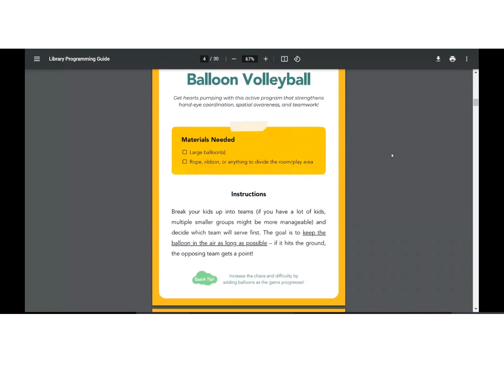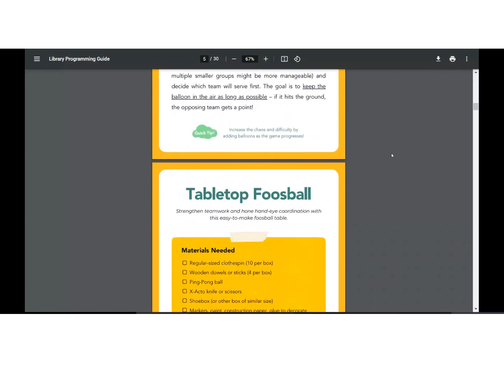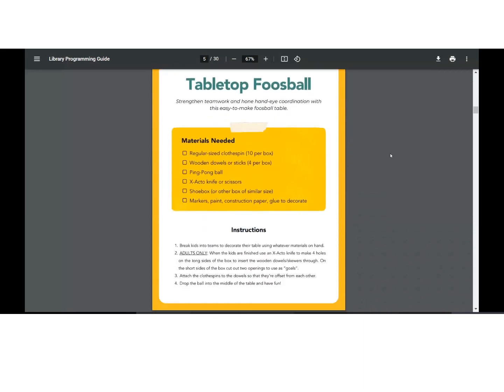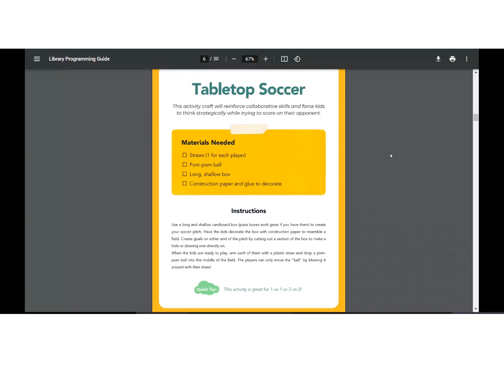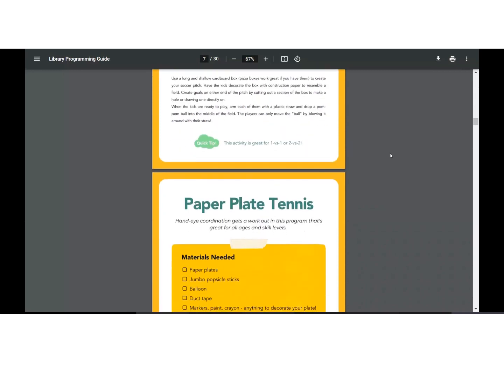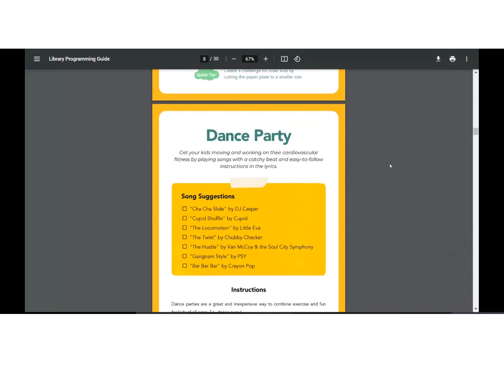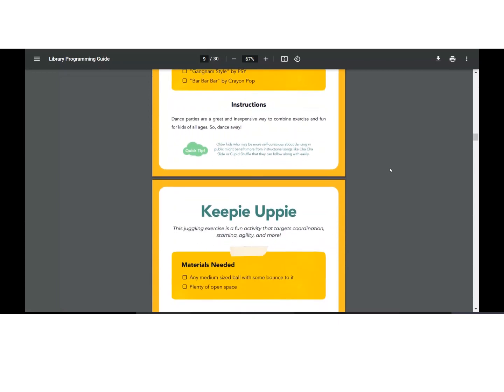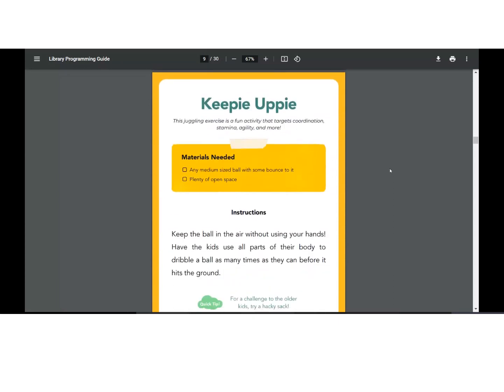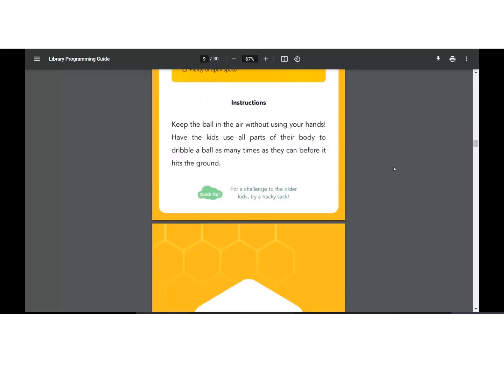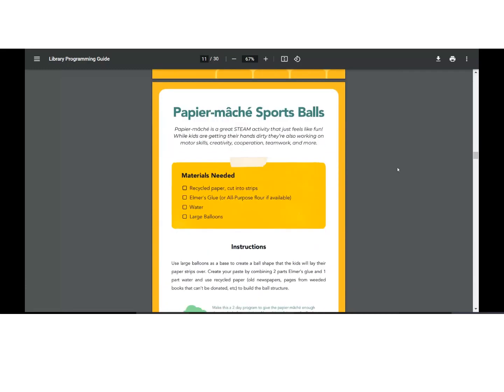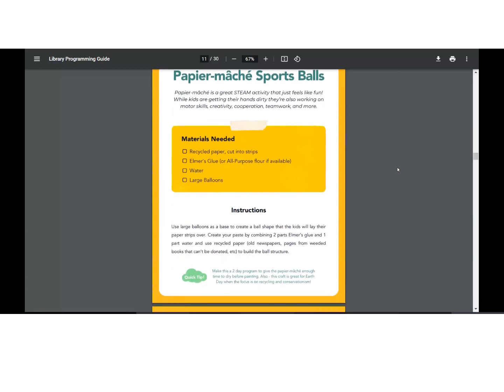Most of these can also be considered arts and crafts. Balloon volleyball is a great program if you've never done it. Tabletop foosball and soccer are a little bit more steamy, and they encourage a lot more of that interpersonal connection that I mentioned before. These programs do not necessarily use the platform itself. They're analogous to a lot of the courses that we have on the platform, so you can always use that as supportive material. And then activities and crafts are, again, just arts and crafty things to encourage sports interest. So somebody really likes soccer, great.